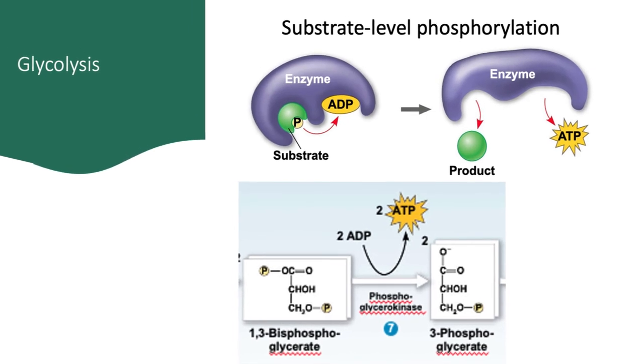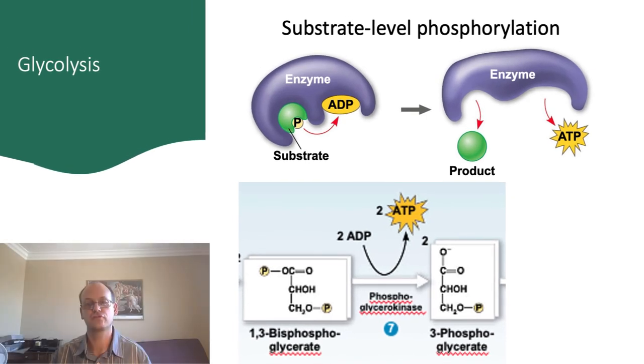Before we move on, let's look briefly at the process of transferring a phosphate group from one molecule to the other. As I mentioned earlier, this is carried out by an enzyme called a kinase, and it simply involves moving the phosphate group from one molecule to the other. Now, because the phosphate's originally attached to another molecule, which we call a substrate because it's part of an enzymatically controlled reaction, this is called substrate-level phosphorylation.